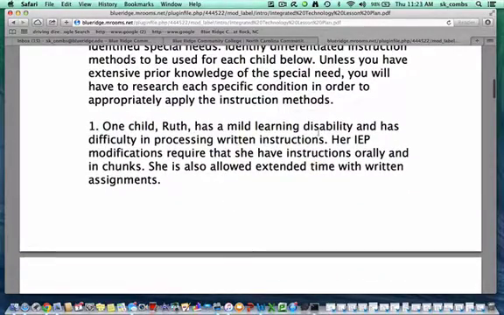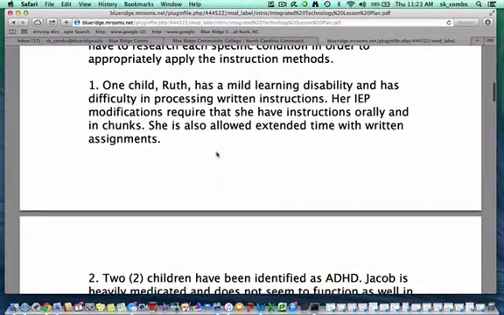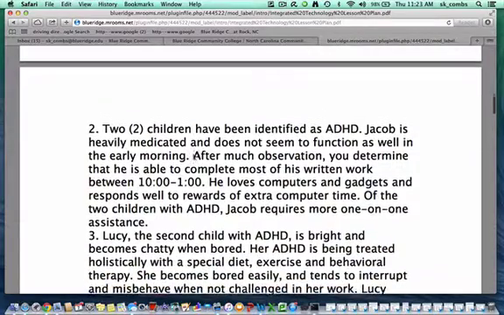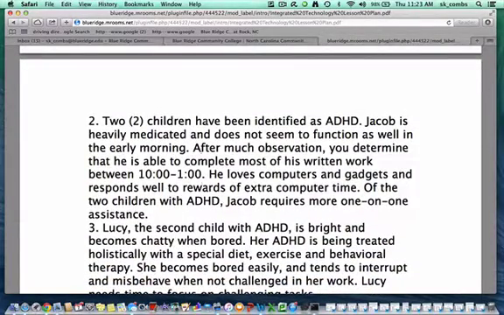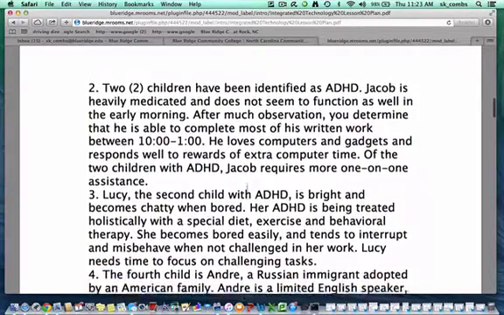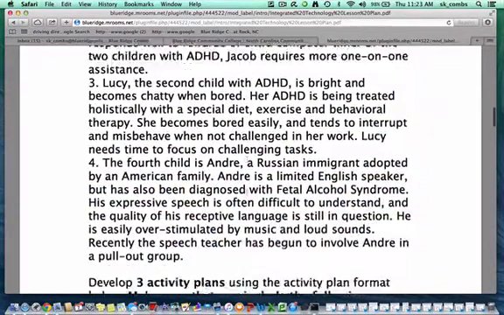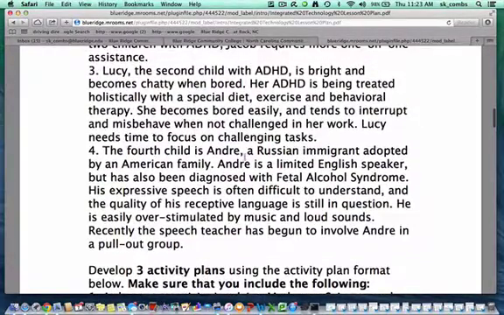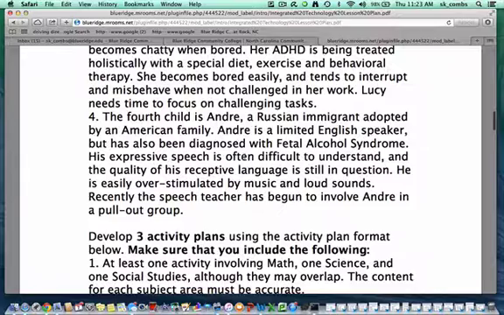Ruth has a mild learning disability, difficulty processing written instructions. So you need to know the children in your class. There's Ruth. You have 2 children here, Jacob and another child who have been identified with needs, Lucy, Andre, and so on. So you need to know these children, their needs, and how you can help them through differentiation in your lesson